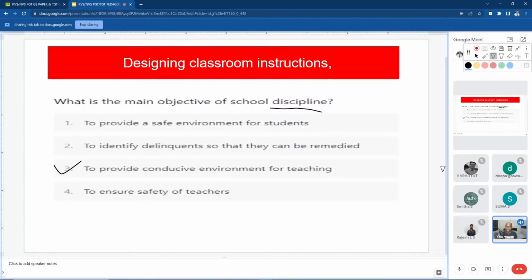And 9th and 10th class students are volatile. They are hyperactive and very difficult to control. 9th class and 10th class students: you tell them 100 times, they'll forget the 101st time. Okay. And when you come to 11th class and 12th class, what happens in the classrooms